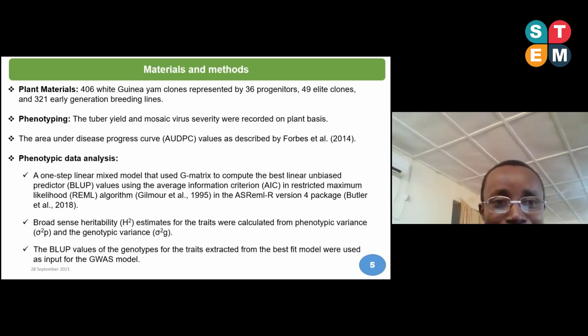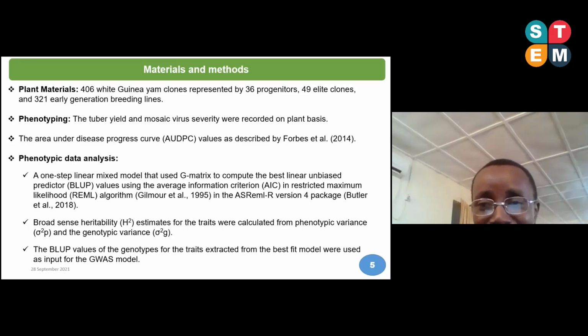So we used 406 clones that are at various stages of the breeding program. Some are parental materials. We have 49 that are at the advanced stage of the breeding, and then 321 that are early generations. These were obtained from polycross and nested designs. So we did phenotyping on these key traits, and then disease